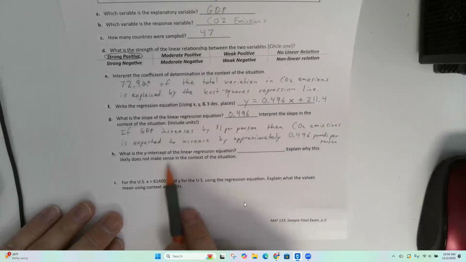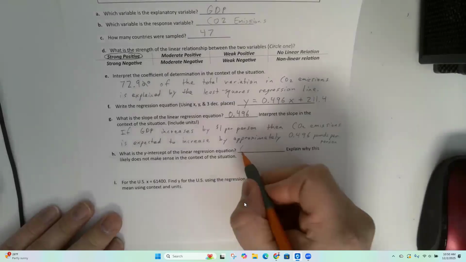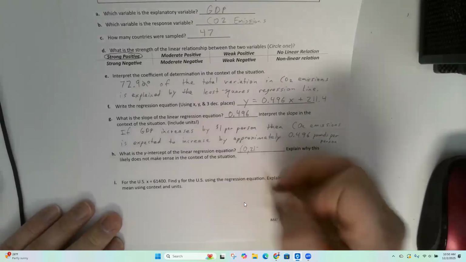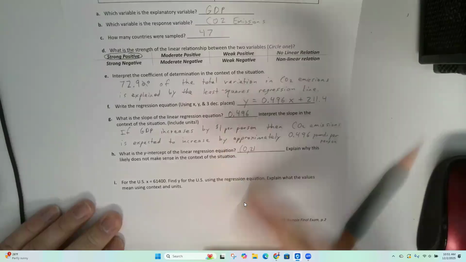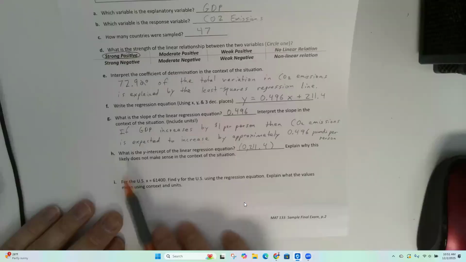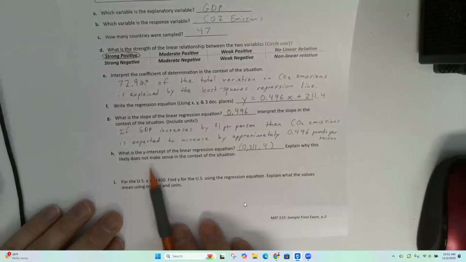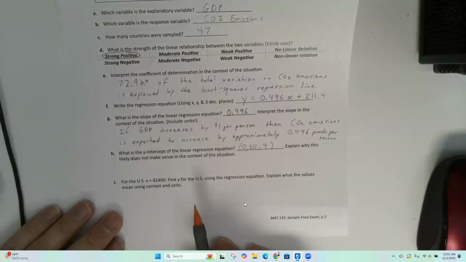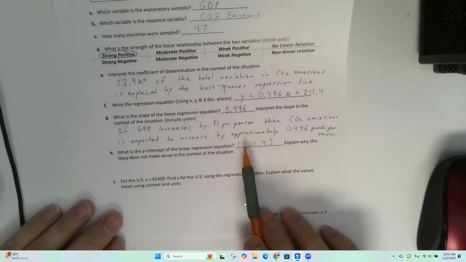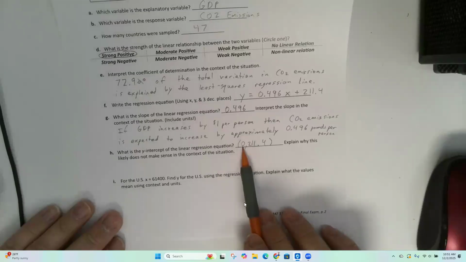What is the y-intercept? That's the number that's not attached to x, 211.4. Explain why this likely does not make sense in the context of the situation. So they added likely, which is different from previously. But this is saying if your GDP for your country is zero, then your CO2 emissions are 211 pounds